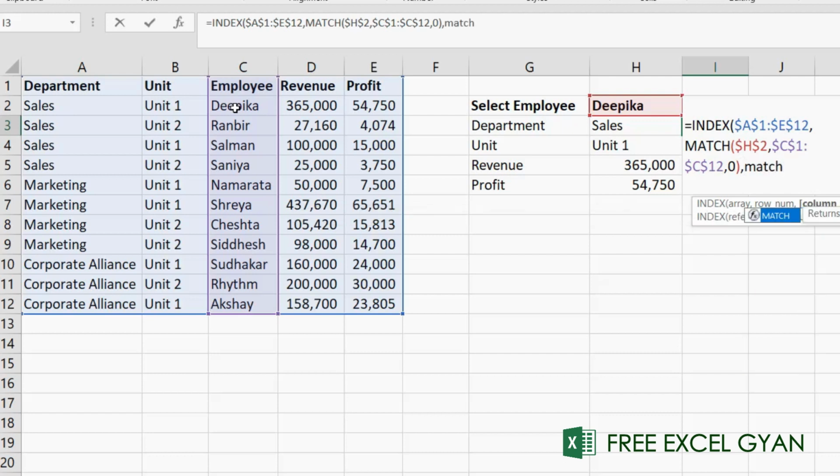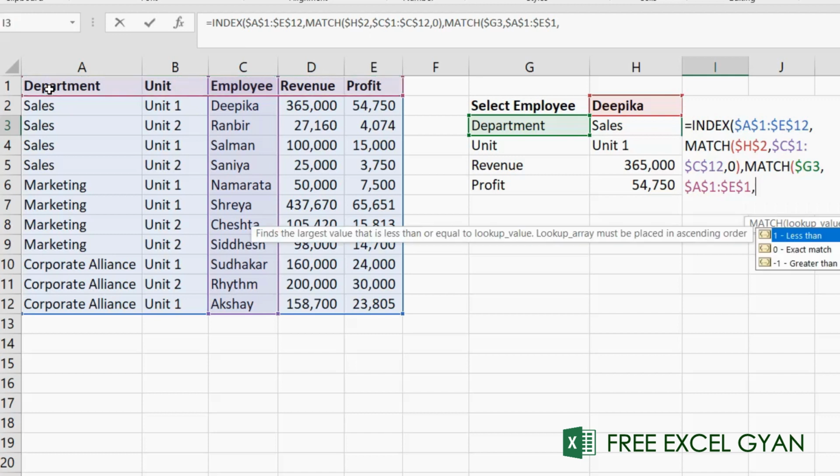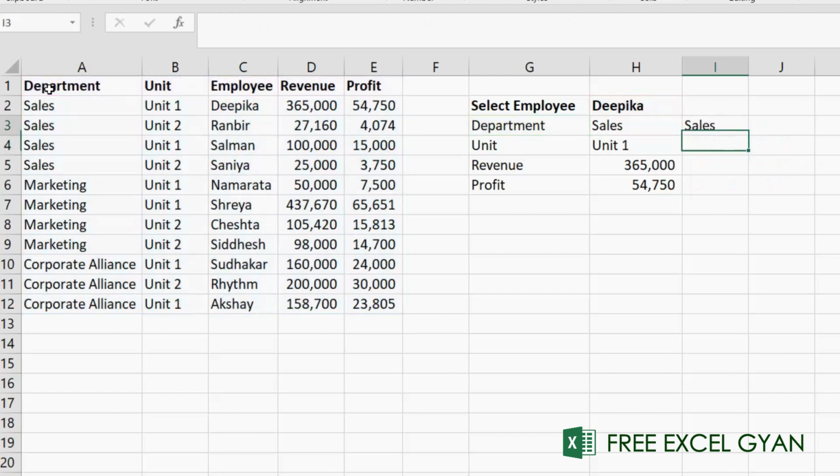In the column number, we again use the match function and select cell containing department word, that is G3 cell, and then select the headers as lookup range. And now it is done.